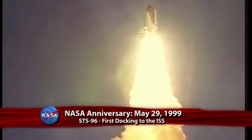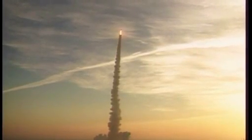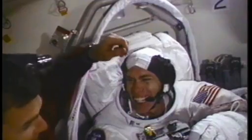13 years ago, on May 29, 1999, Discovery made the first space shuttle docking to the International Space Station. STS-96, the second flight to the complex, was commanded by Kent Rominger and was piloted by Rick Husband. Mission specialists were Ellen Ochoa, Tamara Jernigan, Daniel Barry, Julie Payette, and Valery Tokarev. Also on board,